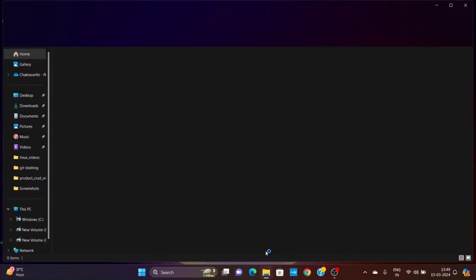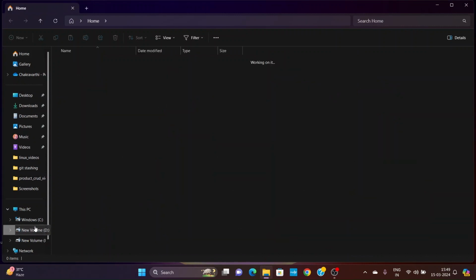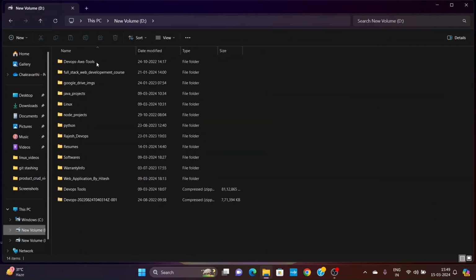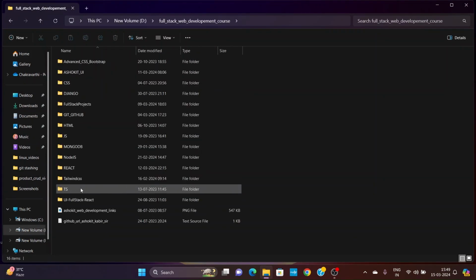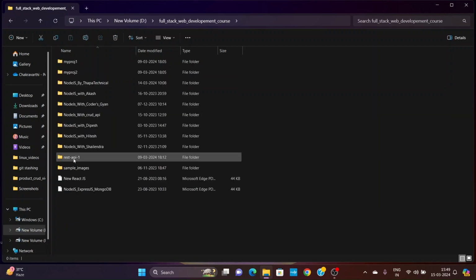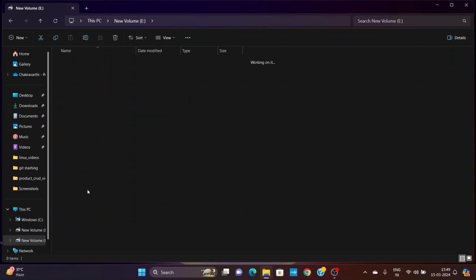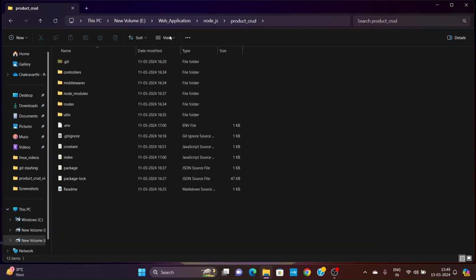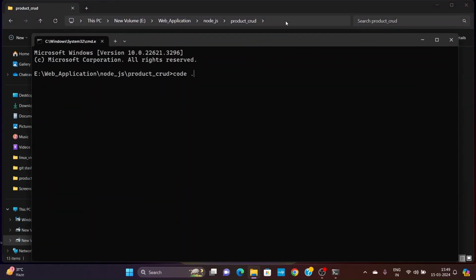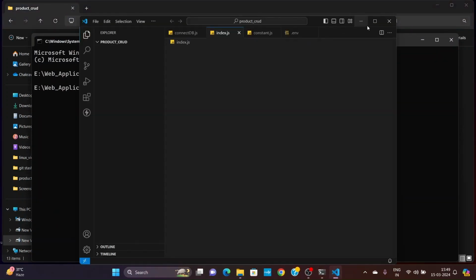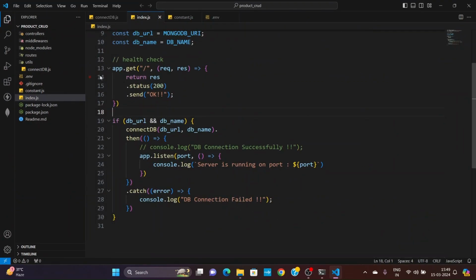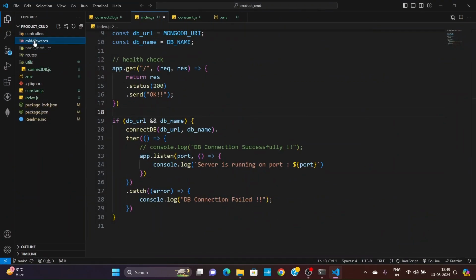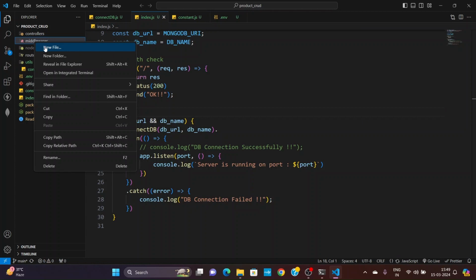First of all, I'm going to go to the project environment, the Node.js project. Here, I'm going to open the CMD and type code dot. Today we are going to write the schema for the application. For that, I'm going to